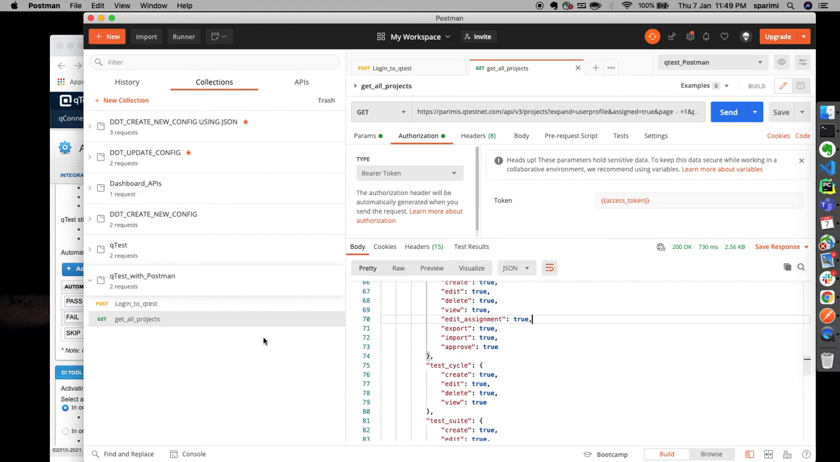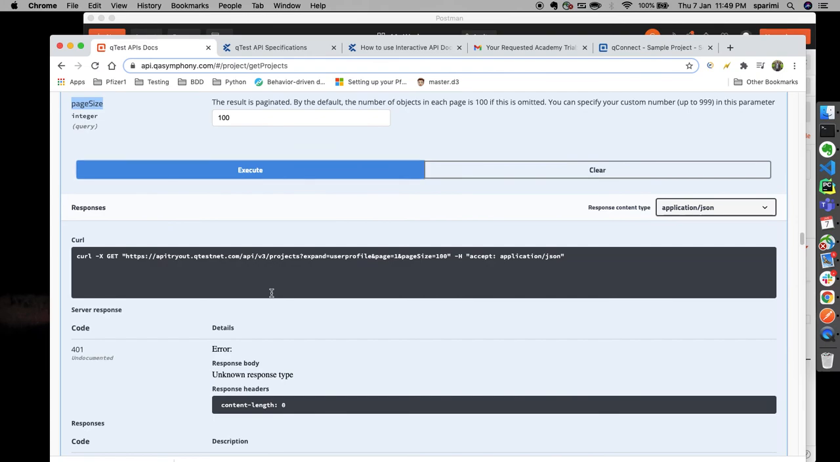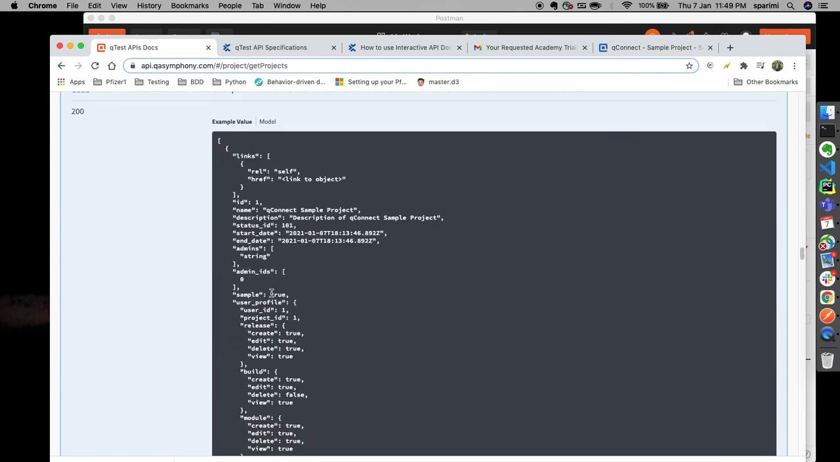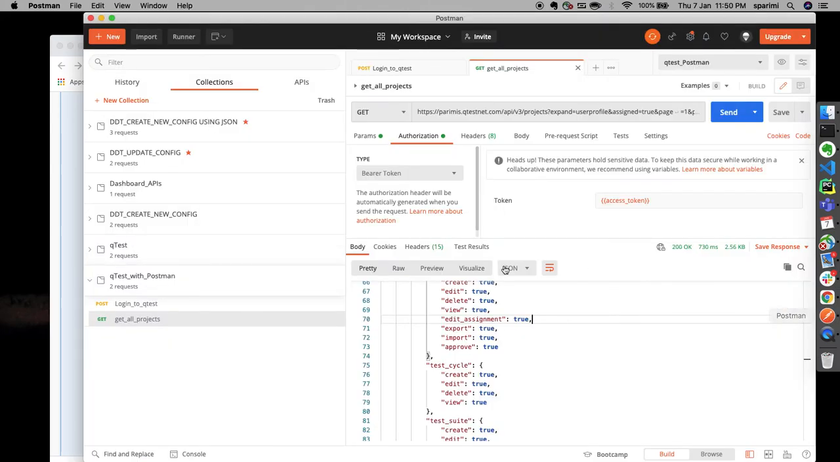So that's it for now, and in the next video we are going to look into how we can make use of the other APIs of qTest to create the test cases, to create releases and start executing them, right? So most of the times you might not be using Postman to develop the API way of interacting with qTest, right? So you might need, say for example, Python code